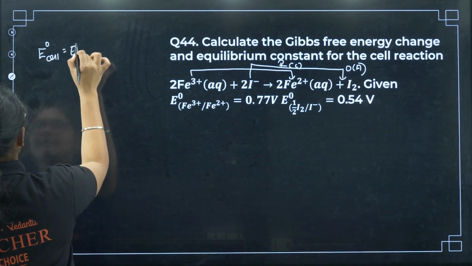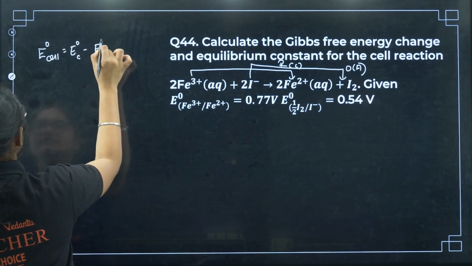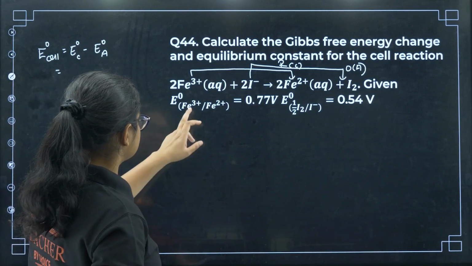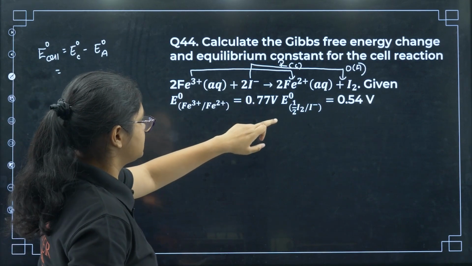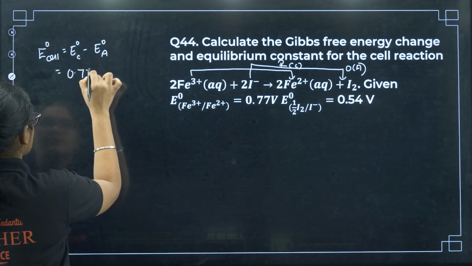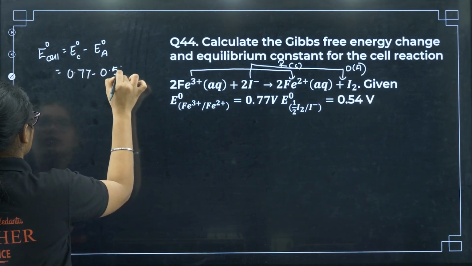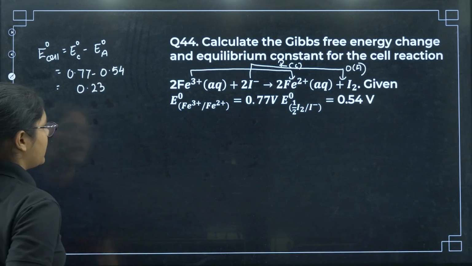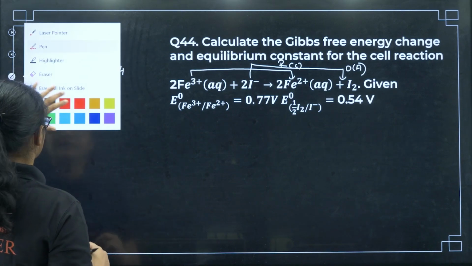E naught of the cell is equal to cathode minus anode. Now the cathode value is 0.77, the anode value is 0.54. So I will get the value as 0.23, right? Now if I want to calculate the delta G value,